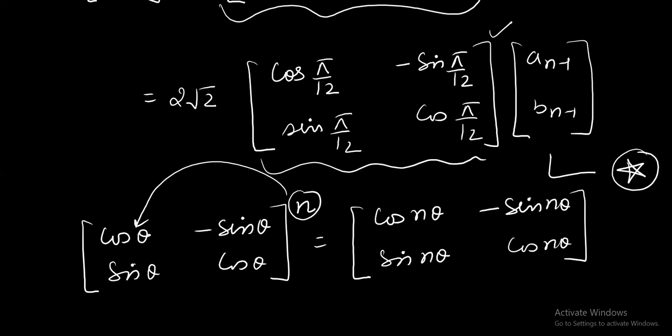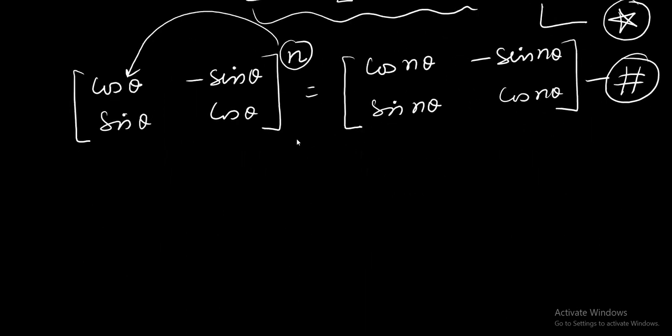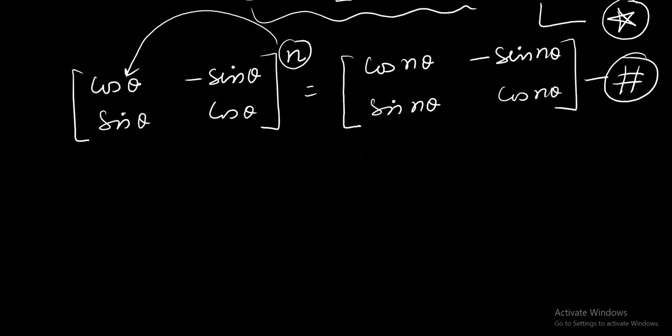How are we going to make use of that? Now let us see. So obviously this is an important relation, so I'm marking it as the hashtag relation. Okay. And I'll go back to the star relation. In the star relation I will be using this relation repeatedly. Repeatedly means what you are going to write now. In the next step, I'm going to write that I got the matrix a_n, b_n